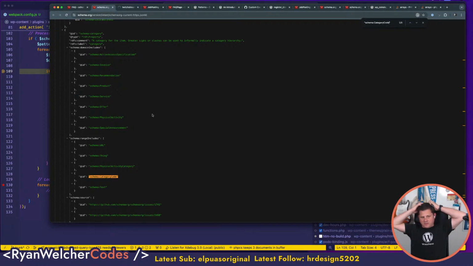It's set in the object. So, but is it, so domain includes are the things that this appears in. So range includes are these the things that